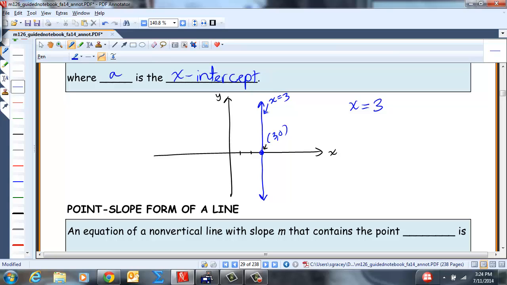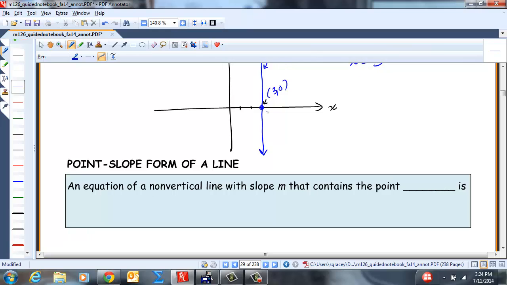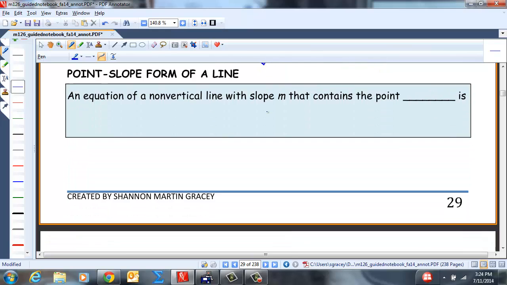All right. Now, the point slope form of the line is really useful. I use it a lot in my calculus class. So you might want to learn it if you're going to take me for calculus. So an equation of a non-vertical line with slope m that contains the point x1, y1, where that's a point you know, is actually going to be y minus y1 is your slope times